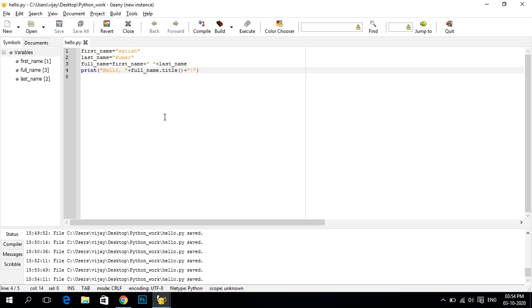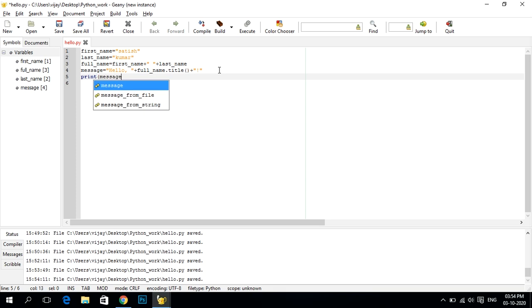Okay, so this is the form, and you can also use a variable here, so let's make it in a variable. I'll do it here: message is equal to hello, and it will combine everything, and then we will print message, so everything will print.